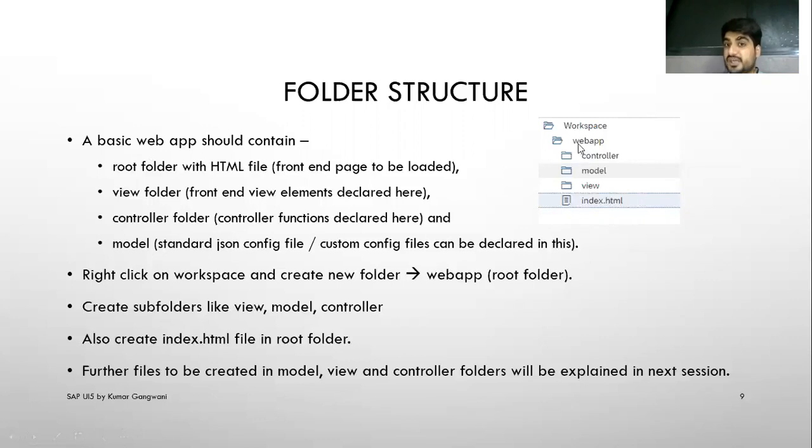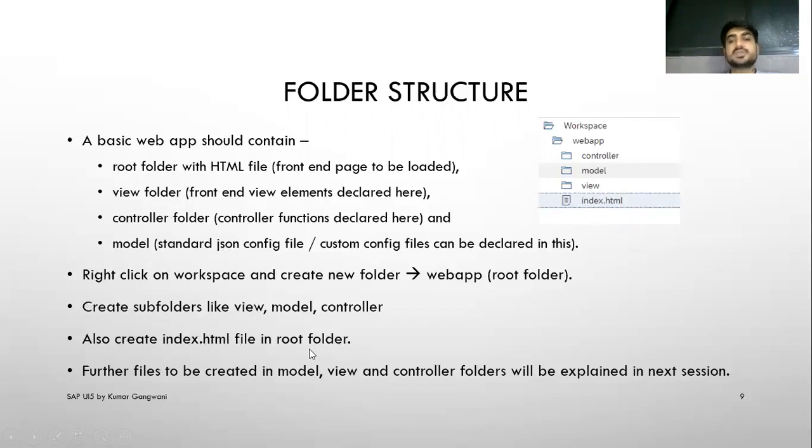Next, under that web app, you need to create three more folders: controller, model, and view. This is what I was speaking about: model, view, controller. And then on the web app root folder, right click and create a new file, name it index.html. This is what will be given to the end user. Index.html is something that the end user will load. So a root folder with an HTML file, a view folder, a controller folder, and a model folder.